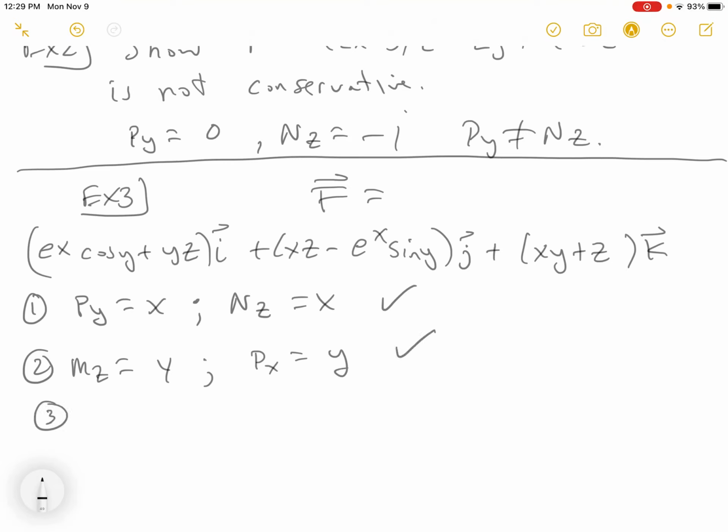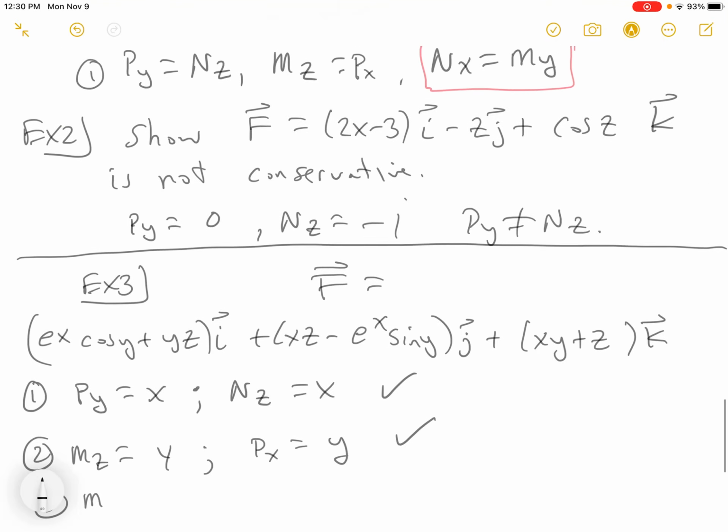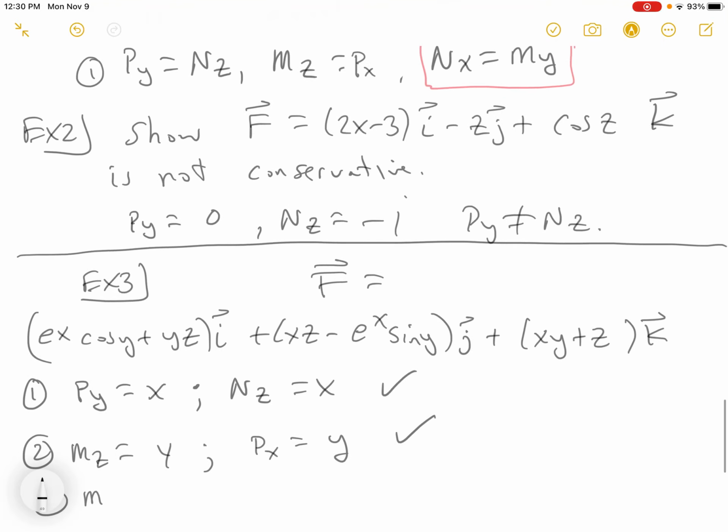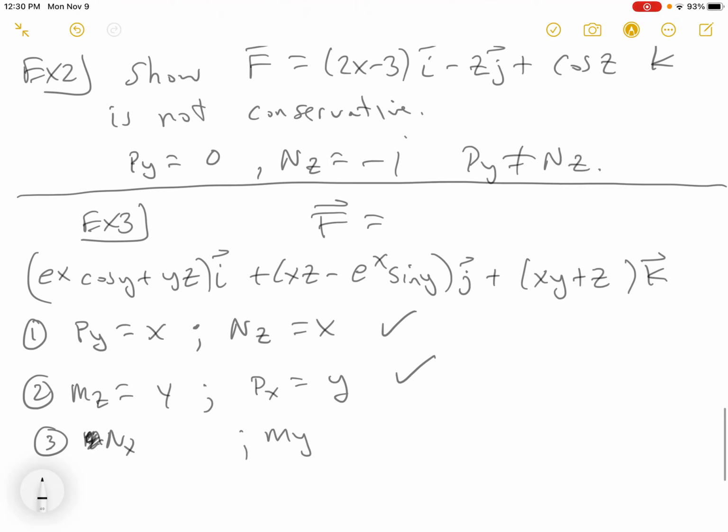Px equals y. Check. And Nx equals z and My equals